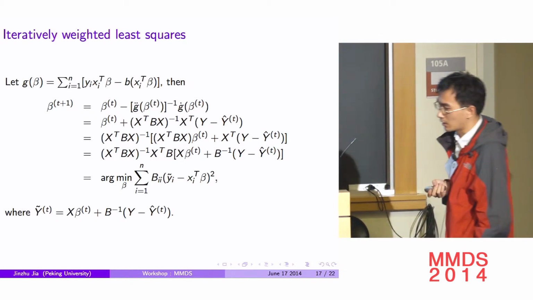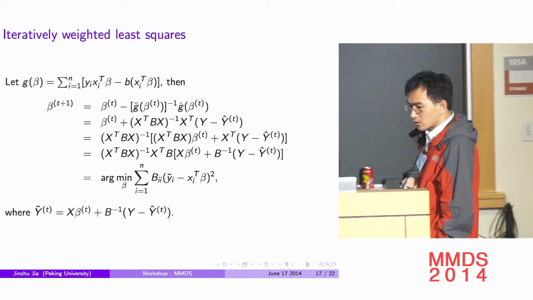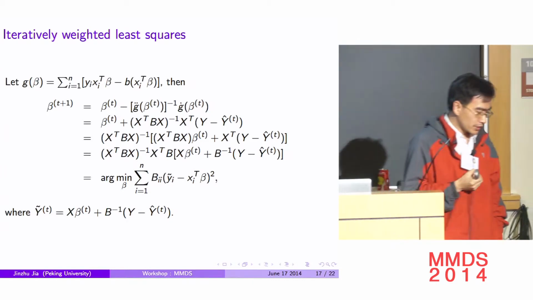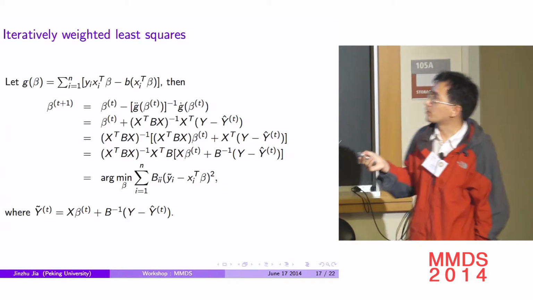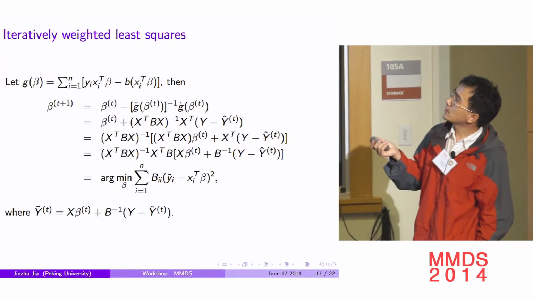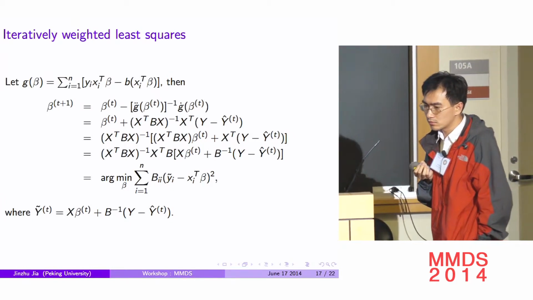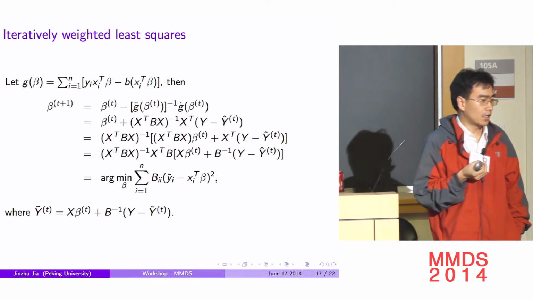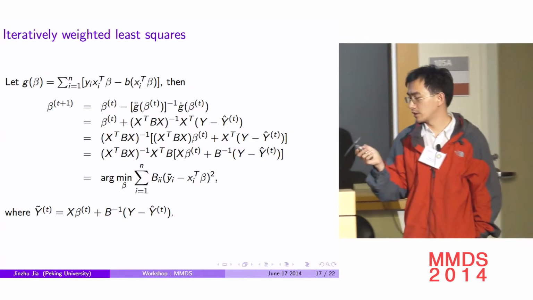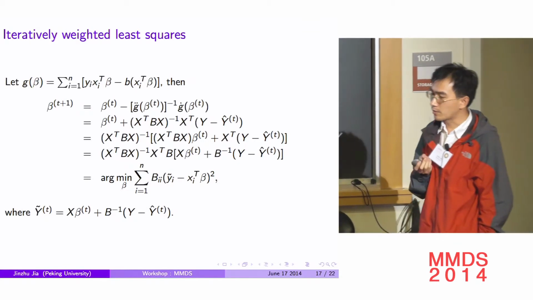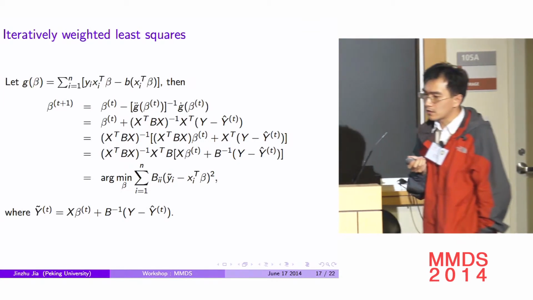The x is not updated. So for each iteration, it is a least squares problem. And so in each iteration, you can use the leverage score sampling or the influence sampling to solve this big data problem. But the problem is that